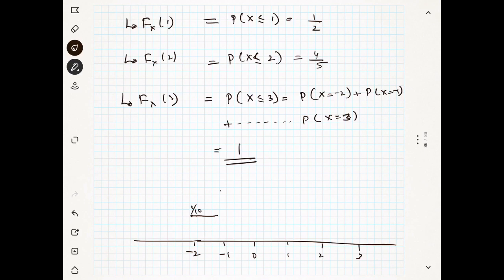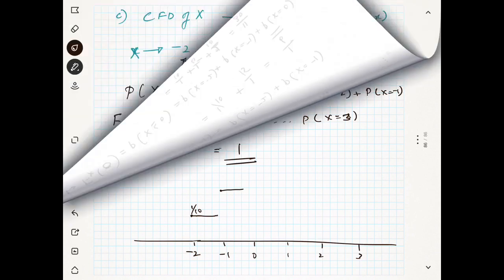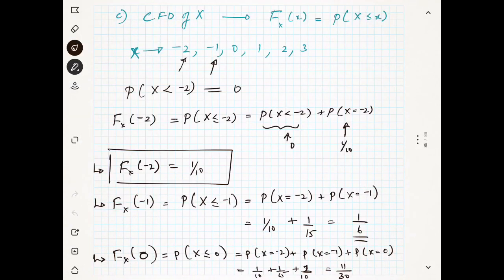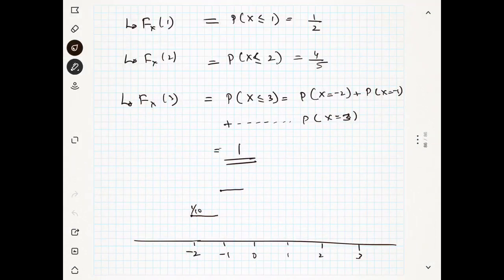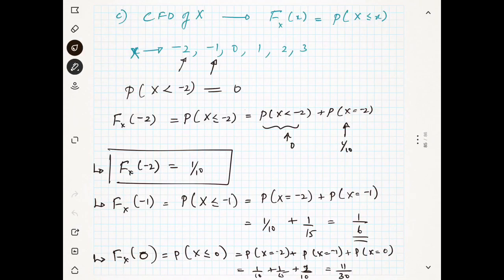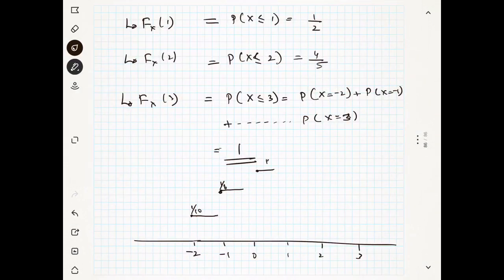Then at minus 1 it's again increased to, I think, 1 by 6. Then at 0 it again increased to 11 by 30. Okay, you see here I am using a